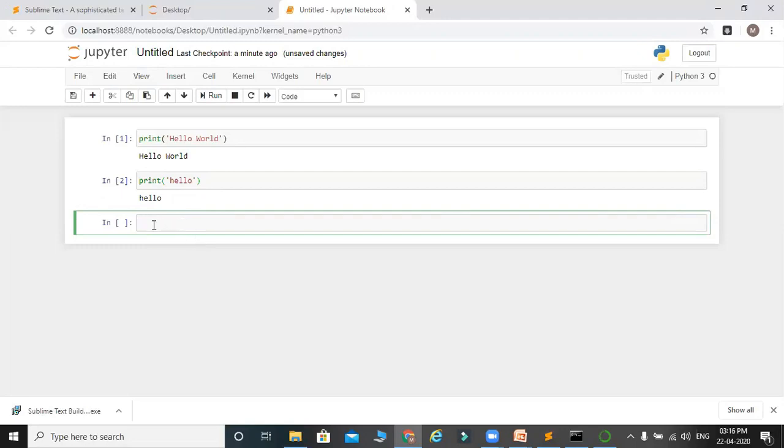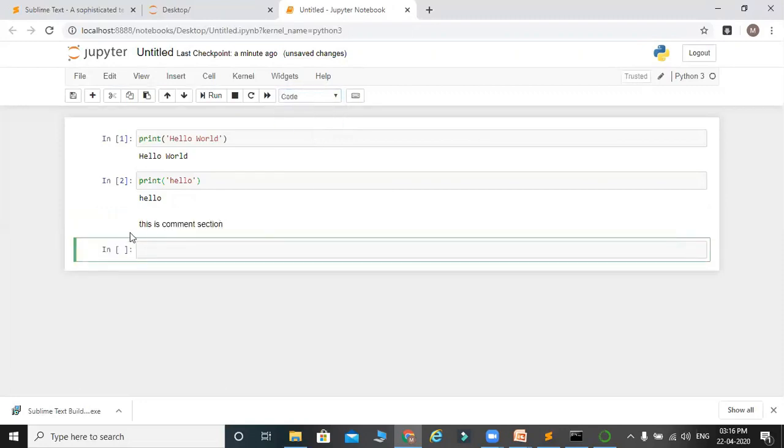If you want to make a comment here, suppose this is comment section. While writing down your code, you just need to mark down and shift enter. So this is a comment section, it will automatically take it.